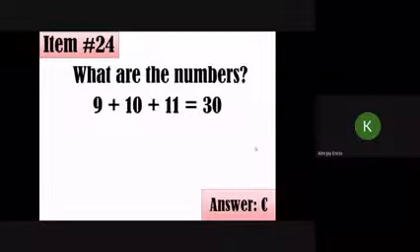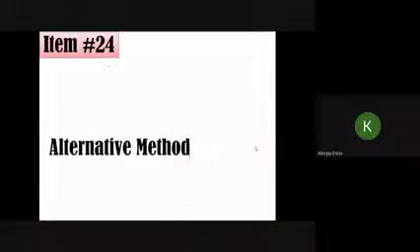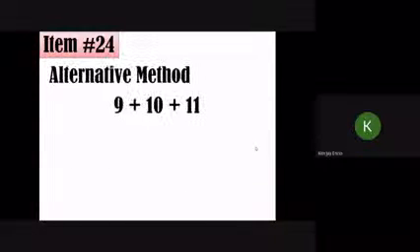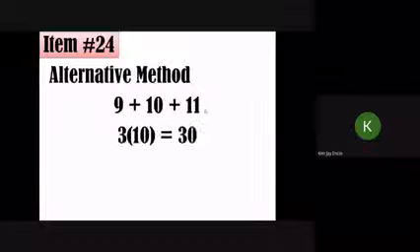Because 9 plus 10 plus 11 is 30. Or if you have this one, the usual tendency of many is to add from left to right, right? 9 plus 10, that's 19. 19 plus 11 will give you 30. No problem with that. But take note, guys, another shortcut is